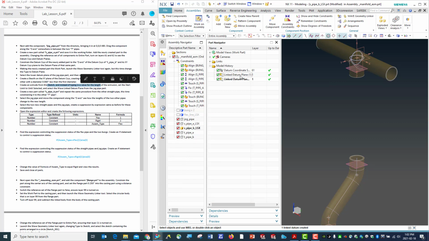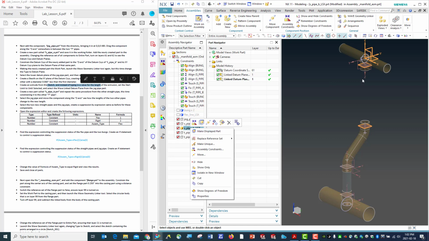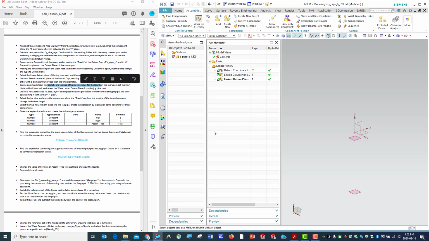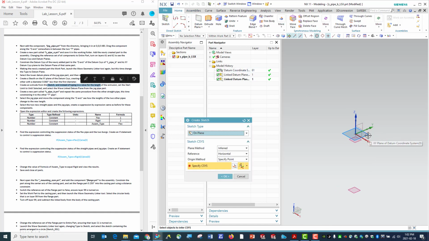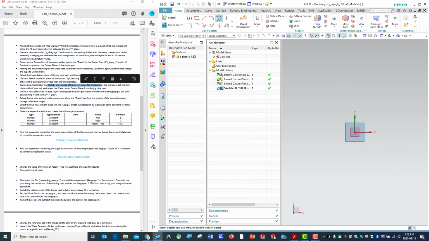Okay, now I have these two, right? So do it again, isometric view. Then we're going to use these two references to create our part, right? So make this one my display part to avoid any mistake being made. So we're going to do the same, create a sketch, hit OK. And then we're going to say create a